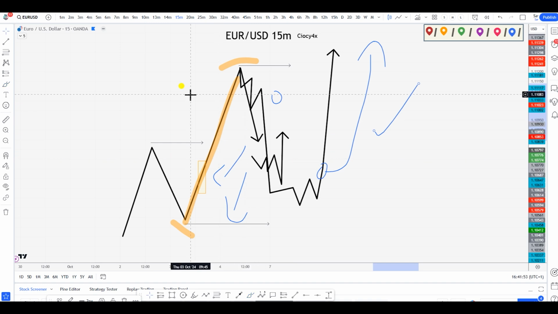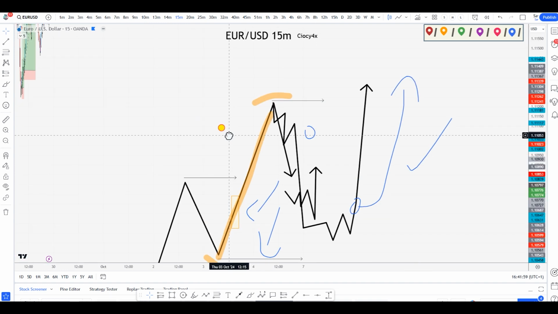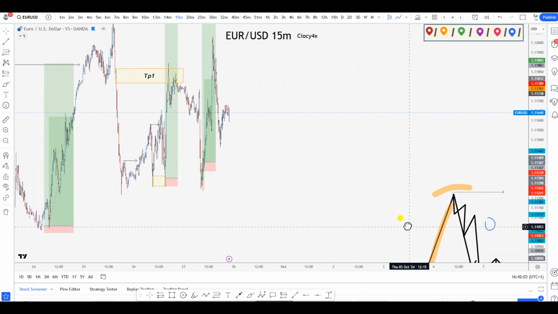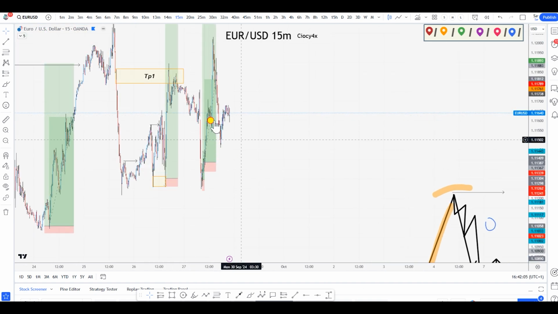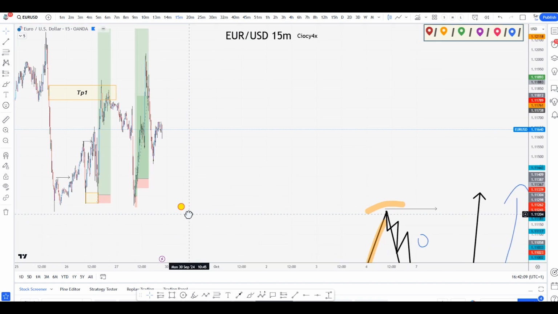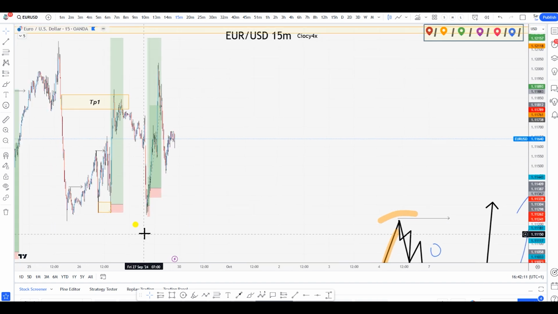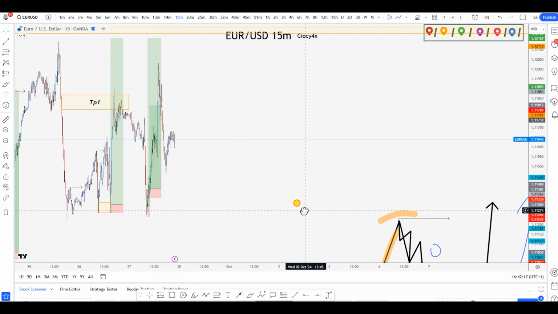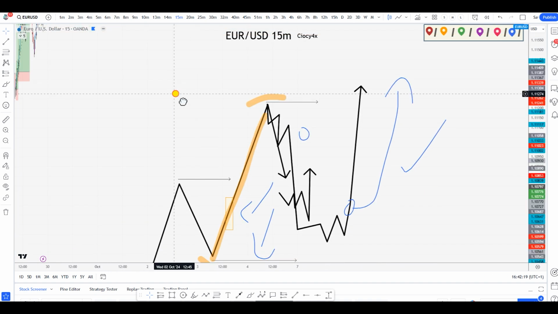Now that you understood this, now that I explained this to you, let me go to the chart and let me show you exactly what I meant and how and why I was capable of taking this trade, this trade, this trade, and even these trades over here, right? So you can already see pretty much, okay, look at this. These buys, there are 3 buys here, by the way, are exactly reflecting what I just explained to you in my drawing over here, right?